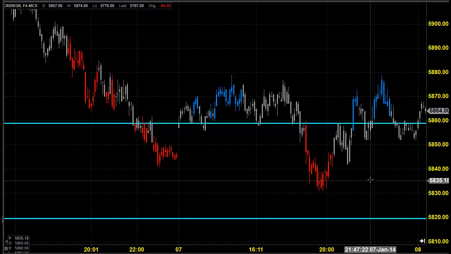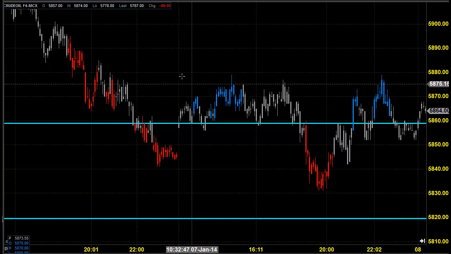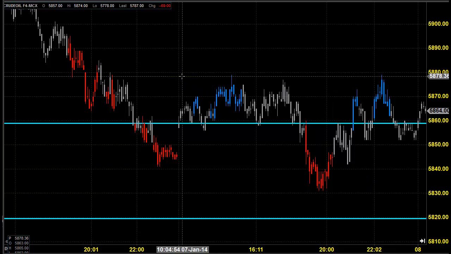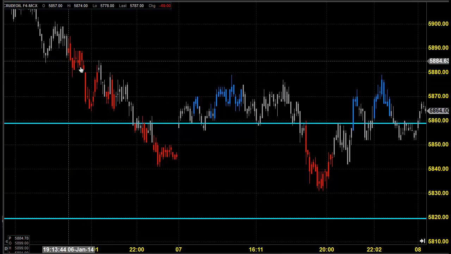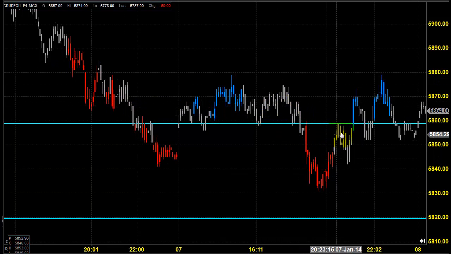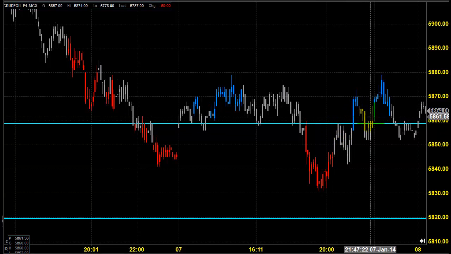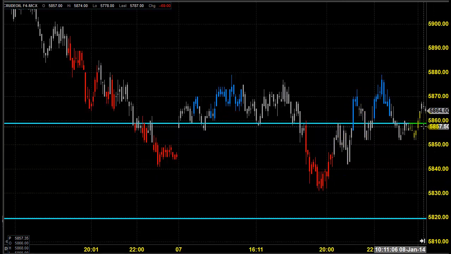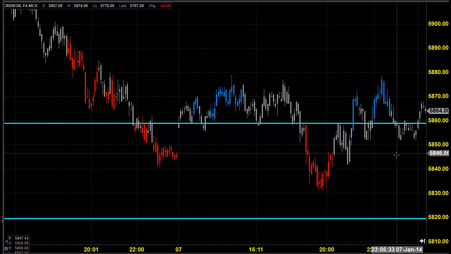In this video presentation, we are going to see how we can trade in MCX crude oil today. Before looking into that, let's see what happened yesterday and what we expected yesterday. The chart which you are seeing is the Goodwill Commodities charting tool. Whenever I place the cursor on any particular candlestick, you can see the date and time below. This ash color candlestick indicates yesterday's price opening, which shows that the market opened somewhere near